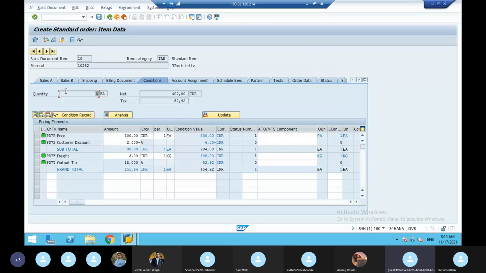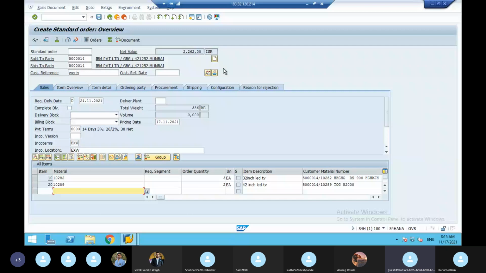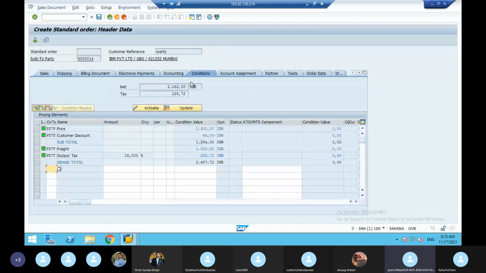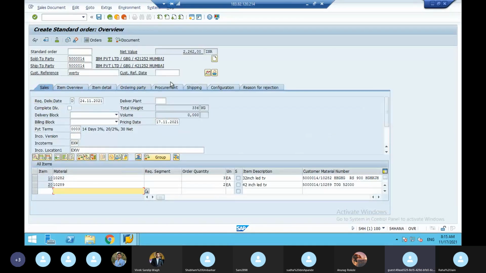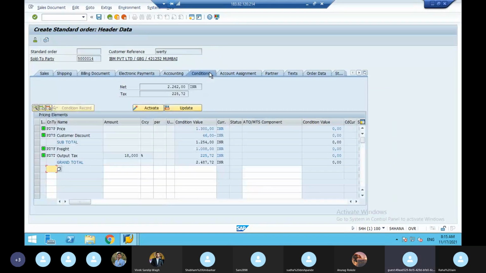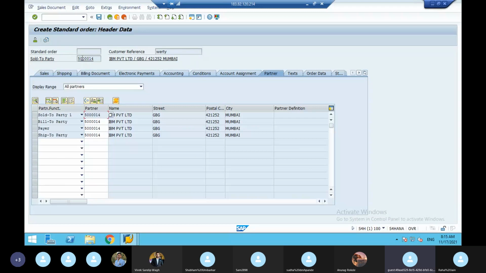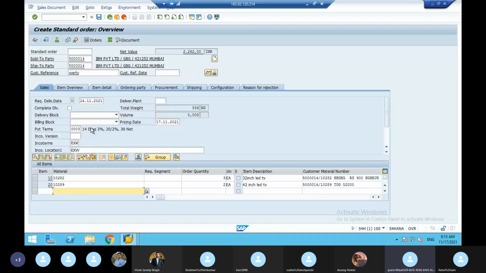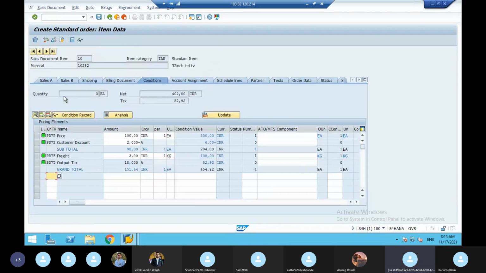And header conditions, here only the total pricing values. So if you want to give a discount to the customer only, then there is a separate condition type. So whatever it may be, the main difference between header condition here is only customer related price, total price. Next, item conditions will have what is there? Material number, customer number, and the order quantity and split up is there. This is called item condition.